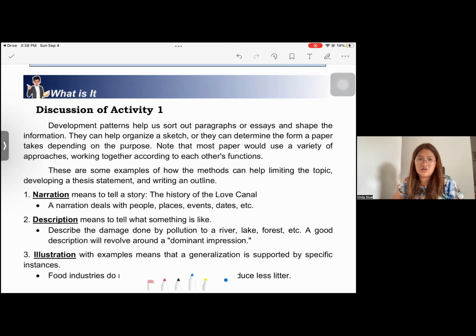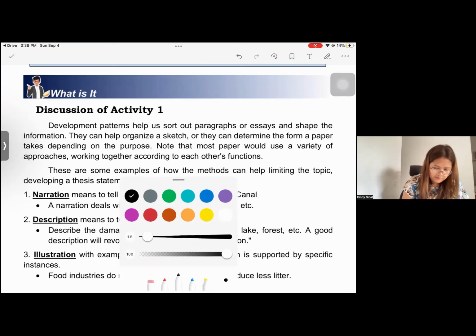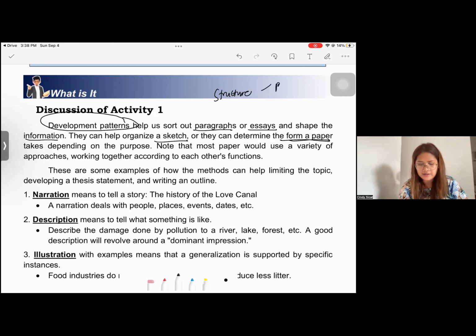Now let's proceed to the discussion of the activity one. So actually this is the discussion or lecture proper that we have for today's session. So development patterns help us sort out paragraphs, or essays and shape the information. So how they get developed, their structure, okay? They can help organize a sketch, or they can determine the form of a paper. Like what I've mentioned, structure, pattern, form